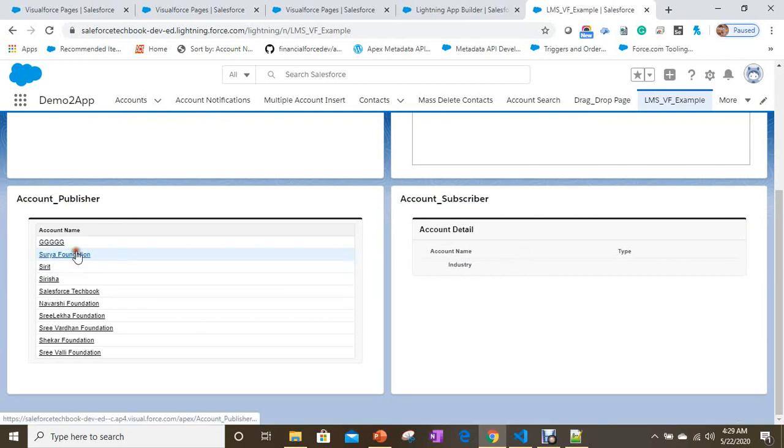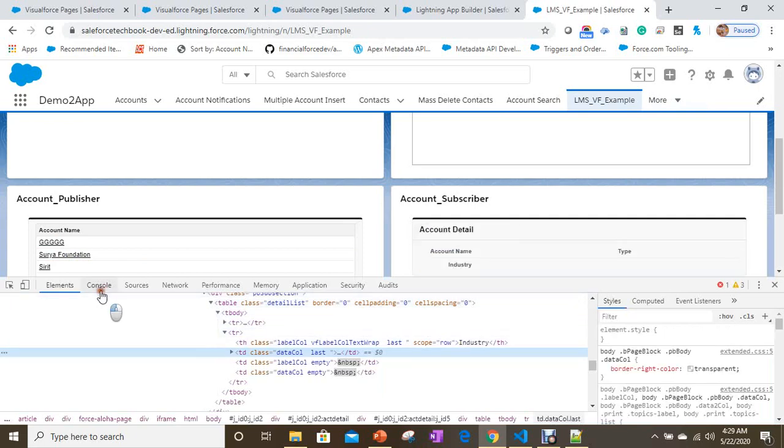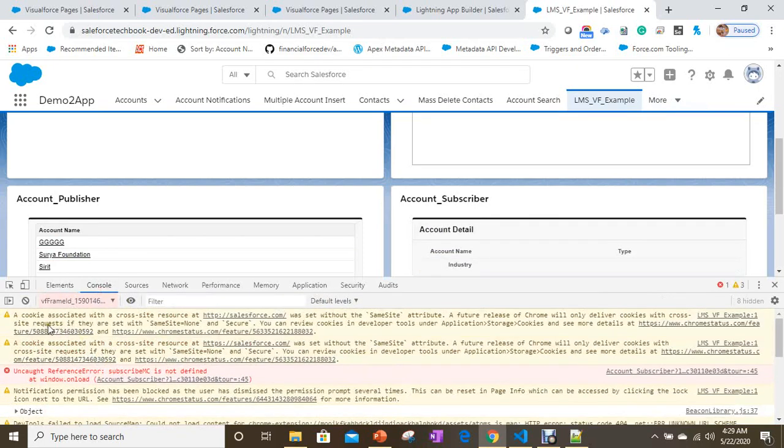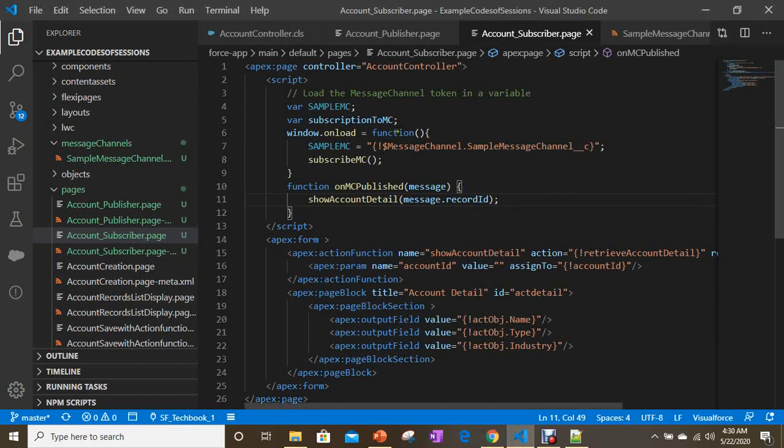Nothing is happening. Why? So let's see. What's the problem? So subscriber MC is not defined, right? So in the subscriber component, we don't have it.